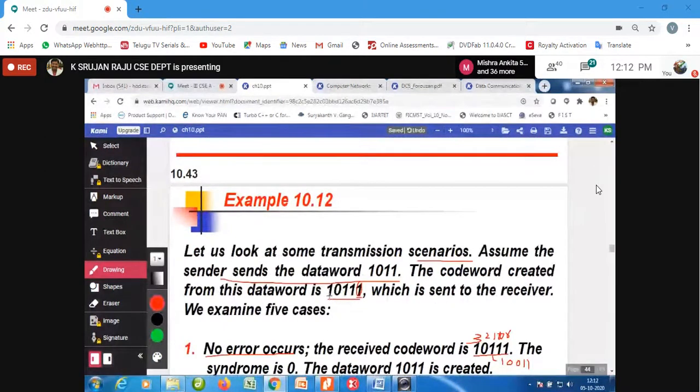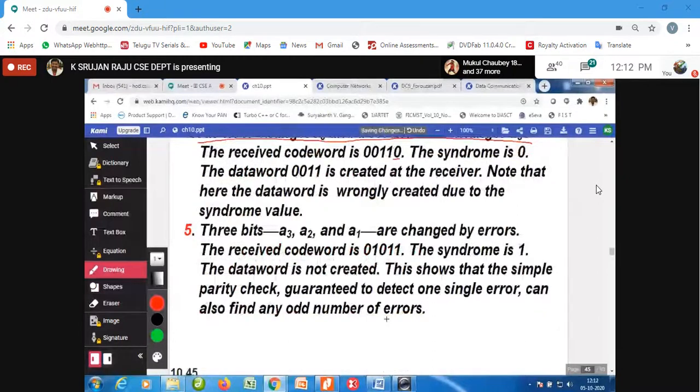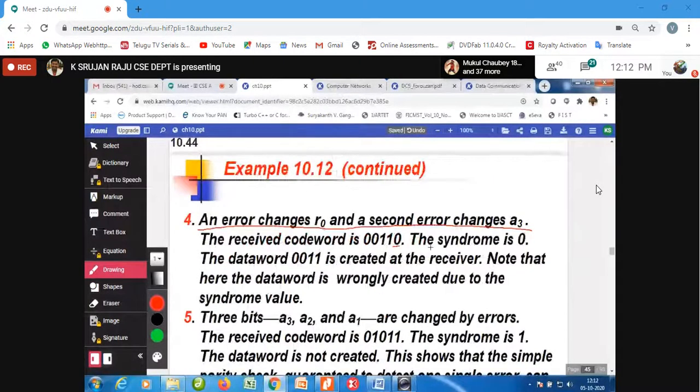That is nothing but this first bit 1, so that is changed to 0. So now 0 0 1 1 0. Now what happened? The syndrome is 0 because 2 bits were changed. So now the data word 0 0 1 is created at the receiver. Note that here the data word is wrongly created due to the syndrome value. Now this is a very important point which you keep in your mind whenever 2 bits were changed.